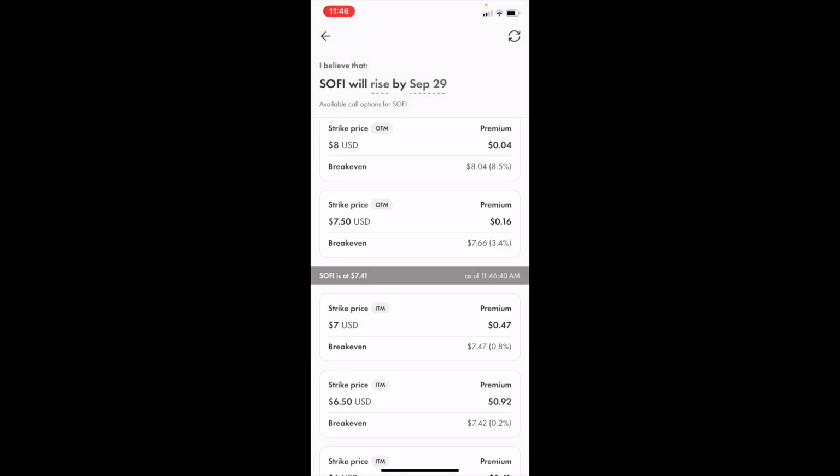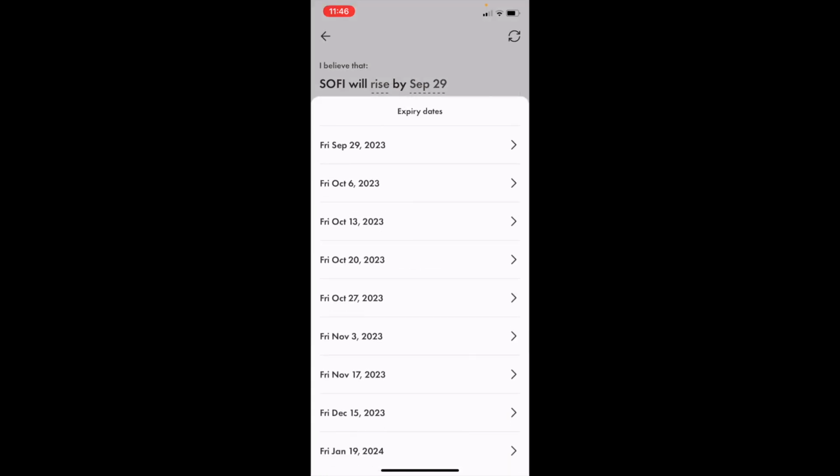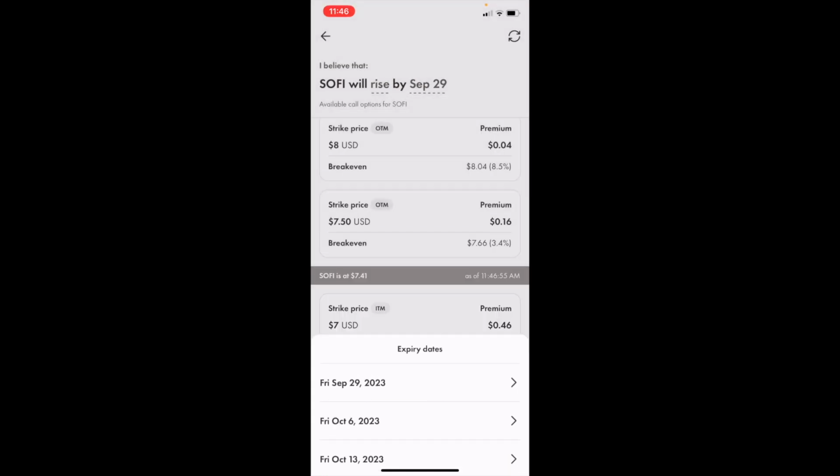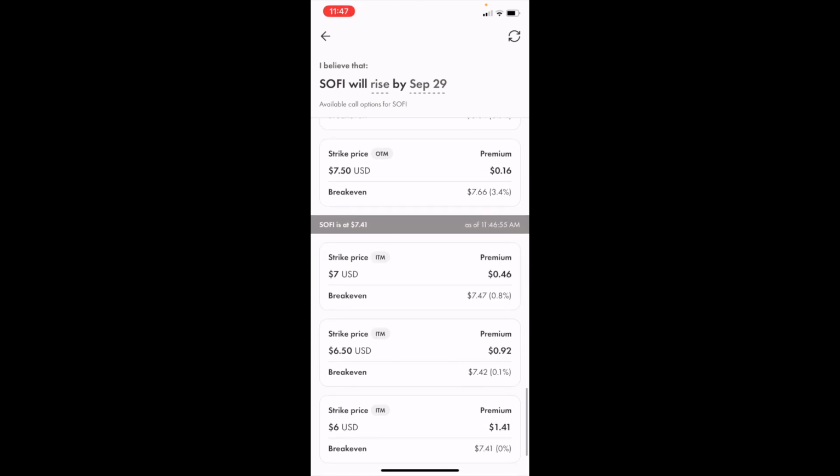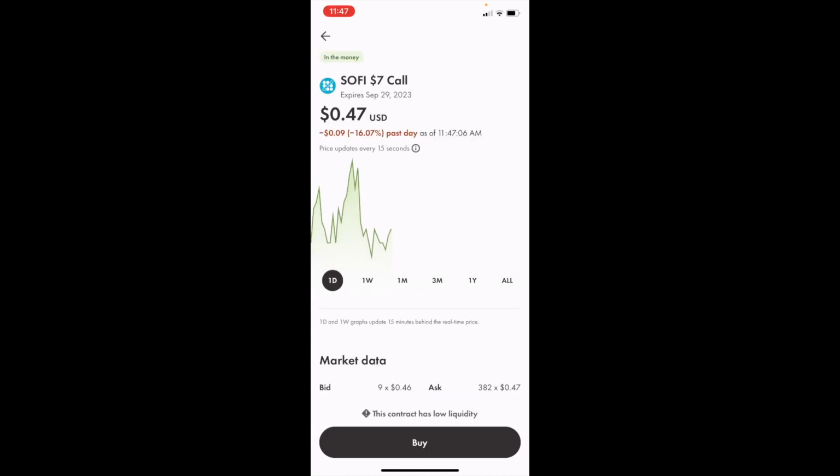So now that it says rise, then if you want to change the expiry date, go to the expiry date right here, press on the date and change it to whatever date you wish. Now, if you wanted to go out of the money or in the money, that is completely up to you. But for demonstration purposes, we're going to go in the money for $7 USD. And if you wanted to buy this option right here, go to the bottom, press on buy, and there you go. That is how you guys can buy SoFi Technology call options here in Canada,